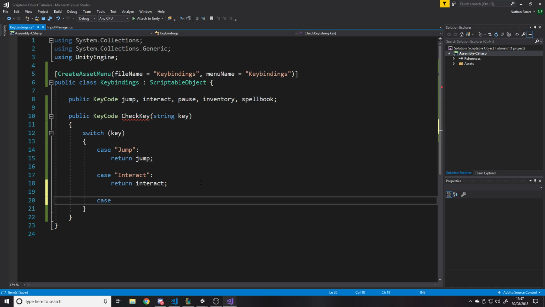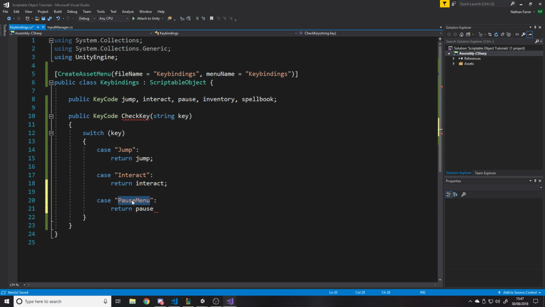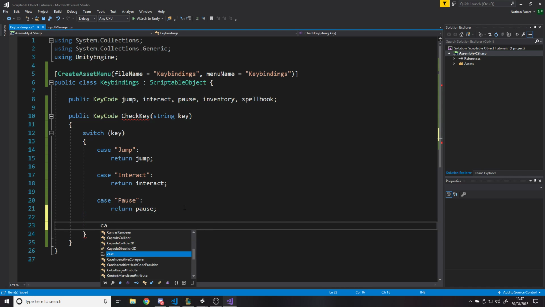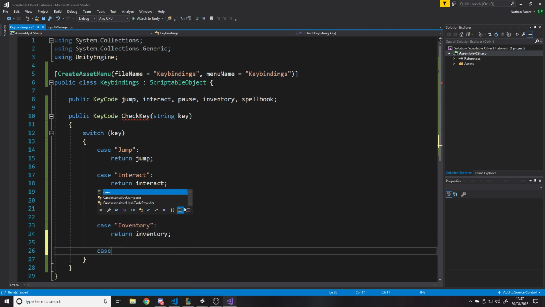In the case that key is pause menu, return pause menu. Well, it's just called pause. Sorry. And so on. So I'll just write the other two quickly. In the case that key is inventory, return inventory. And then finally, in the case that it's spellbook, return